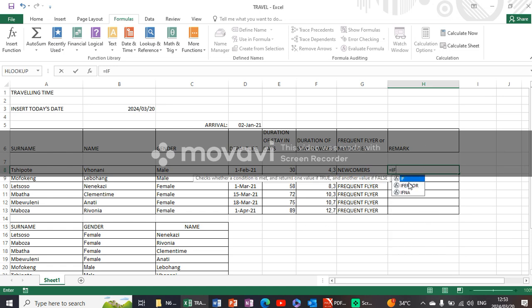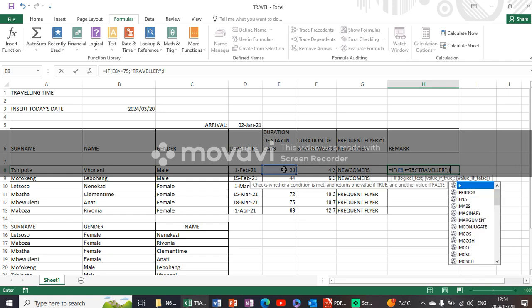IF this one is greater or equal than 75, comma, quotation marks, and you type traveler, then quotation marks, comma, and here you say IF again,